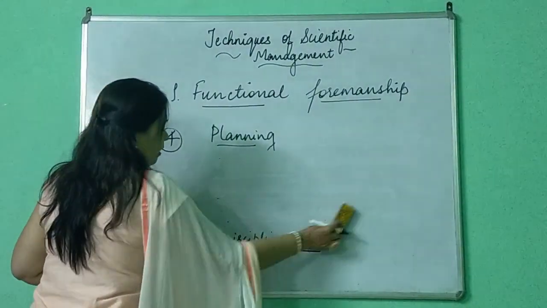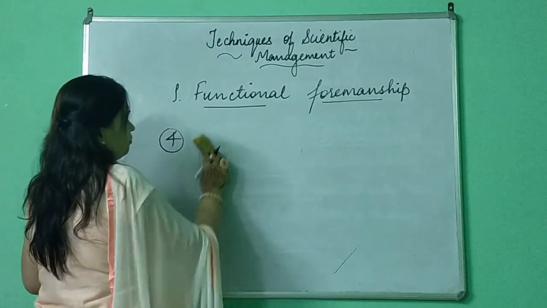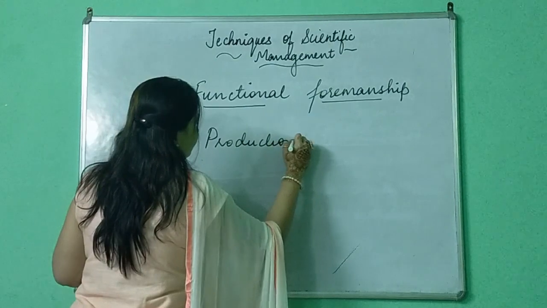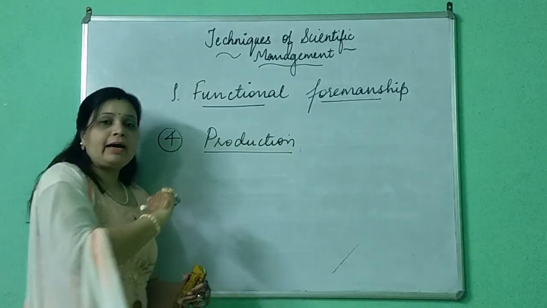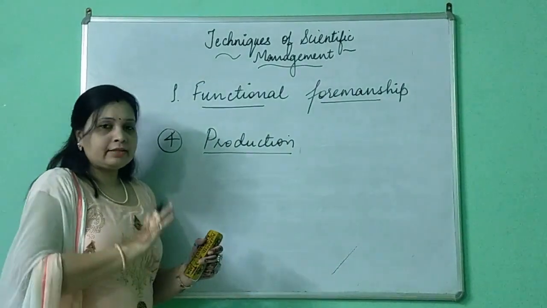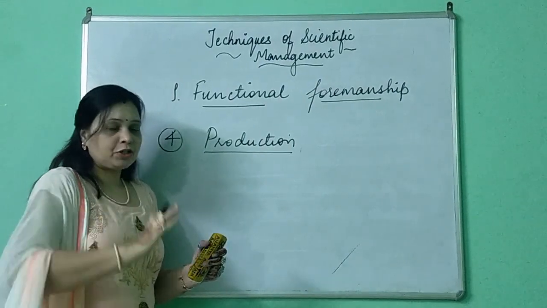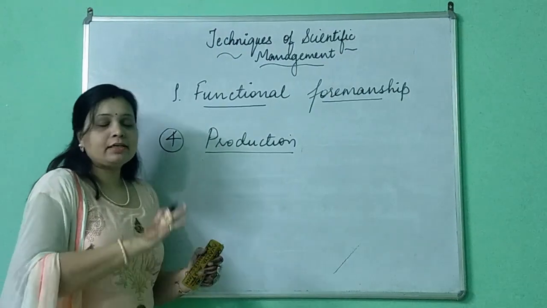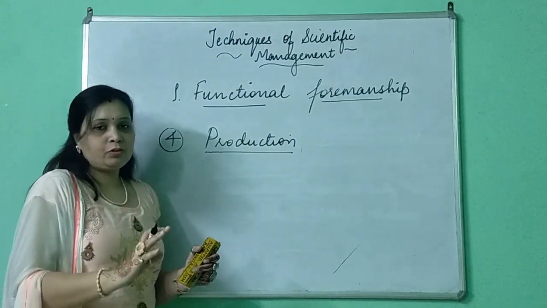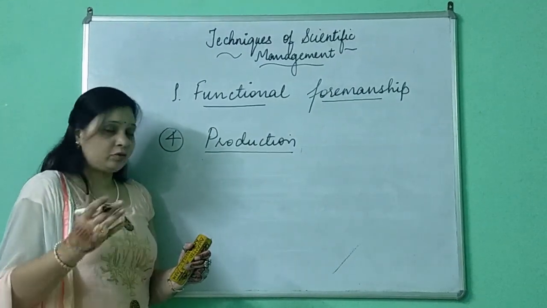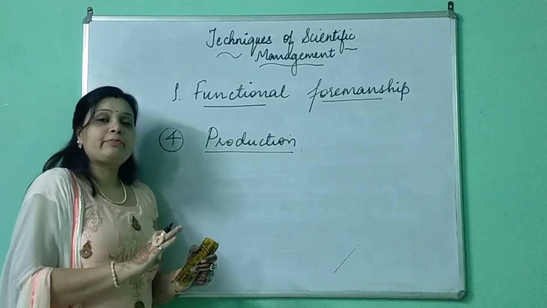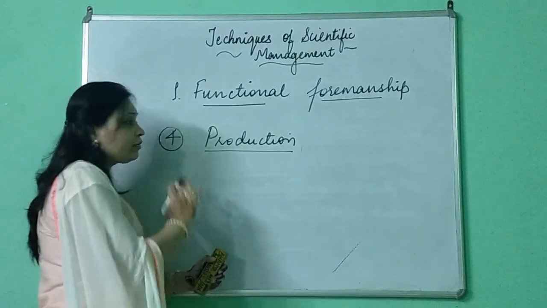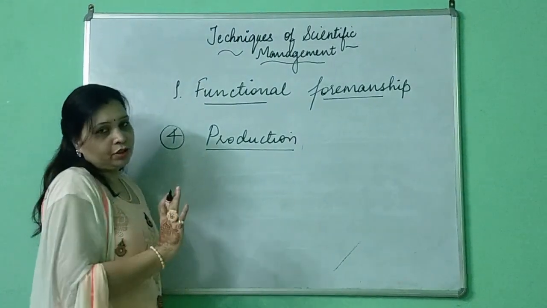Now comes the second department, that is the production department. In the planning department, the planning has been done. Route clerk decided the manner of doing work. Instruction card clerk made all the instructions to be followed. Then time and cost clerk decided the time to be used and cost to be incurred. And discipline officer looked after the discipline to be followed in the organization. Now the actual work is done by the production officer.